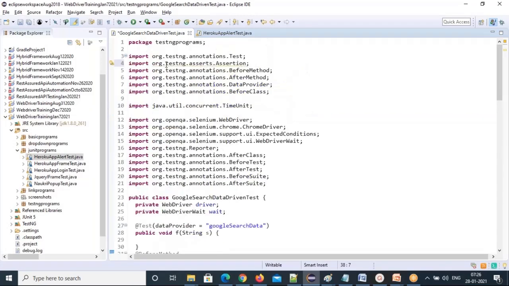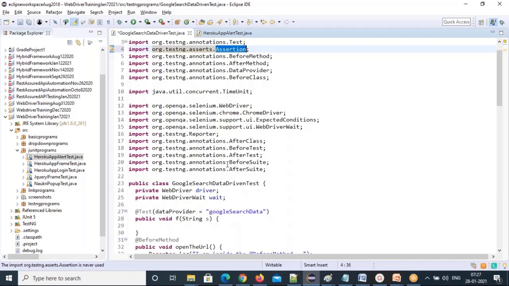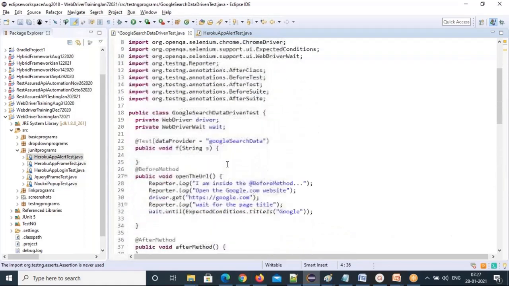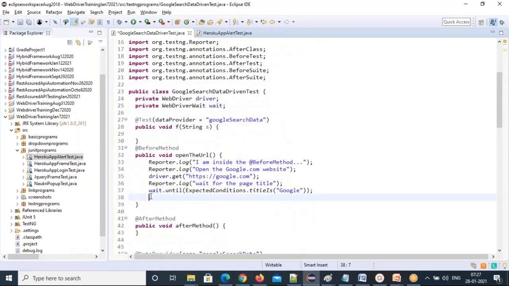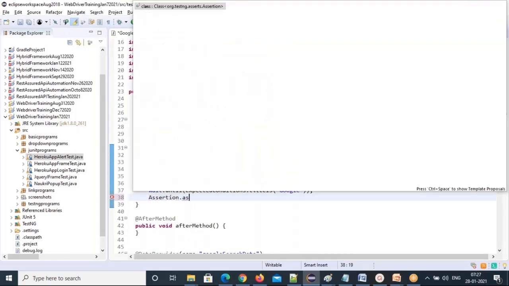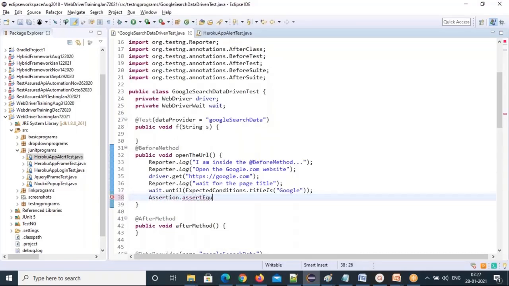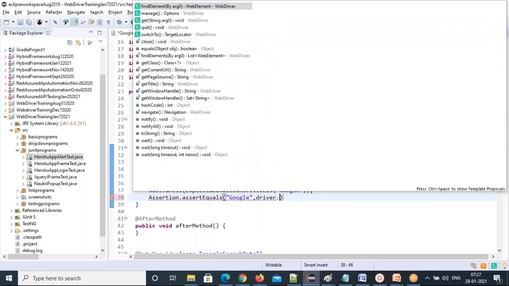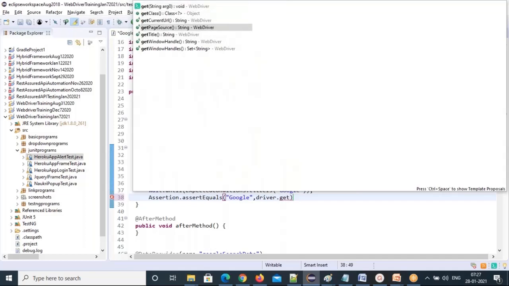Yeah, this one, Assert dot Assertions, but the package is this one. The class is this one only. And why are the methods not showing? Let's see this again. So we have to write it here. So let's write assertEquals. I'm going to give Google, and the actual title you can get from driver.getTitle.